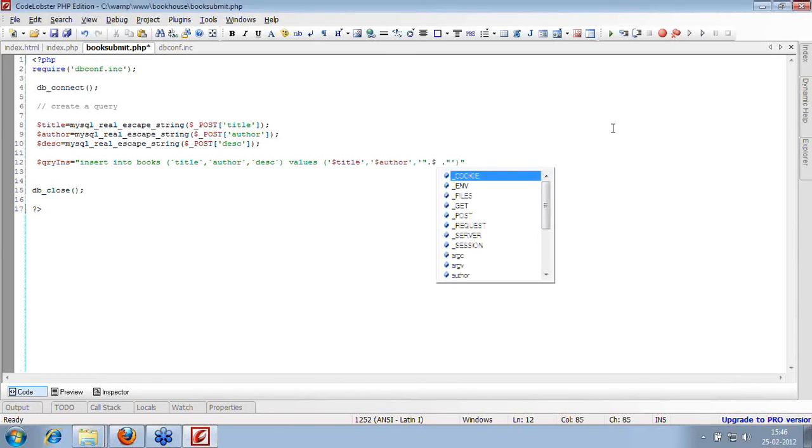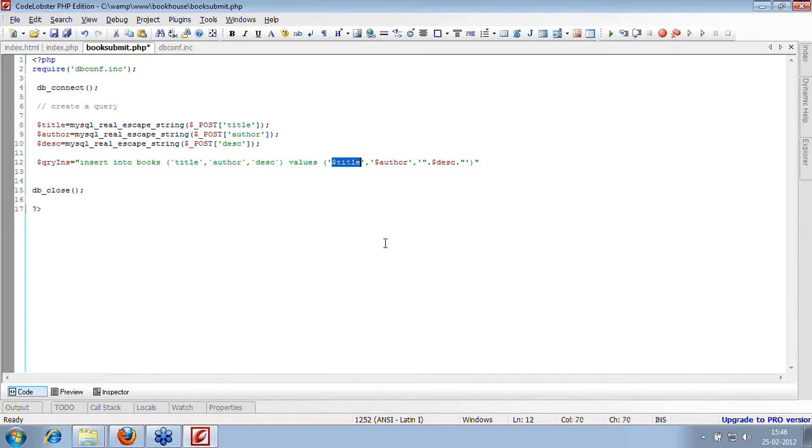So I'm going to define my other variable, that is description. So if it's a variable, you can directly give the variable name within your parameters or values. Otherwise, you can just use a concat operator, and that will help you concat the values and create a query or whatever value you want. Now, here we have created a query, we have filtered out the details. Now we need to store it into a database table.